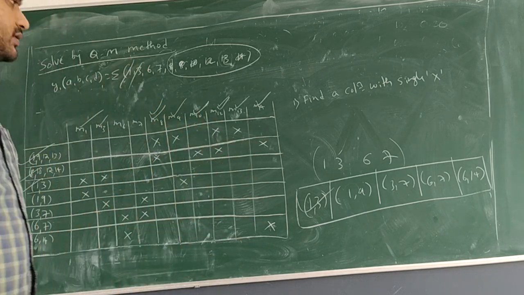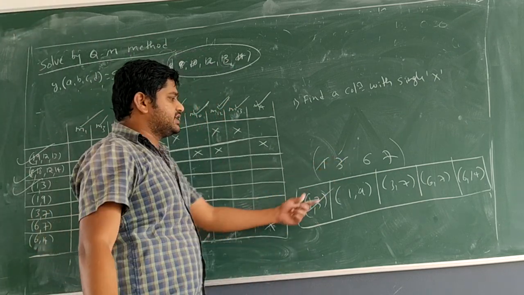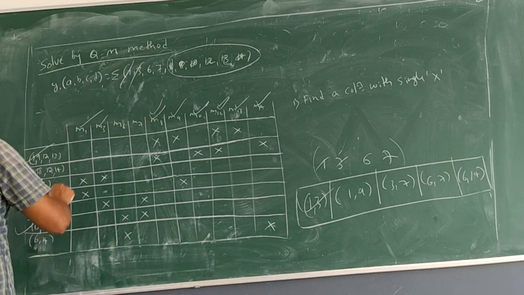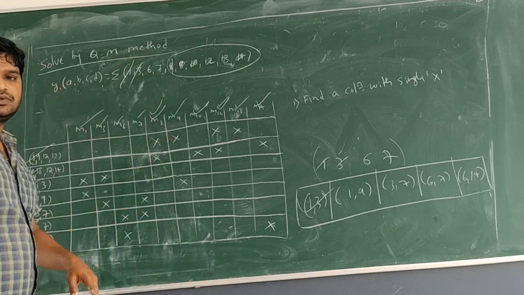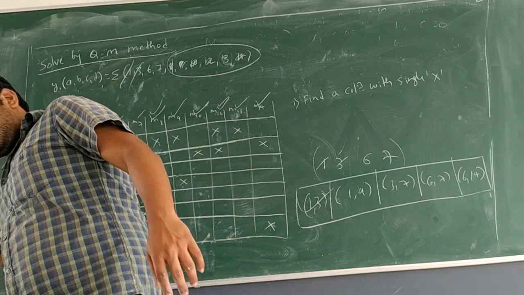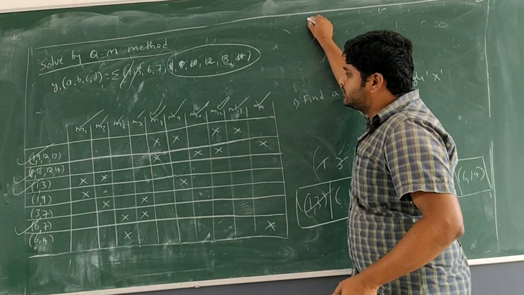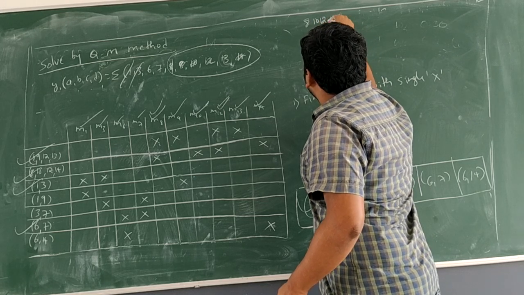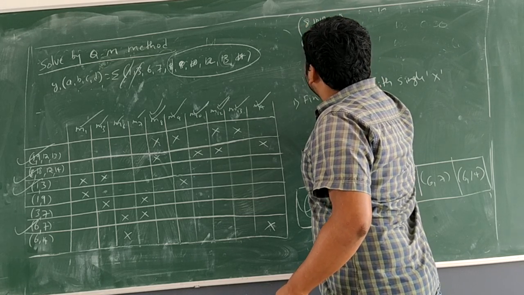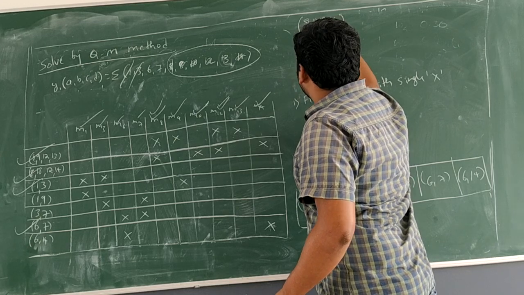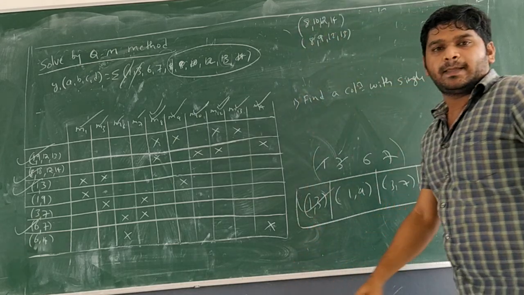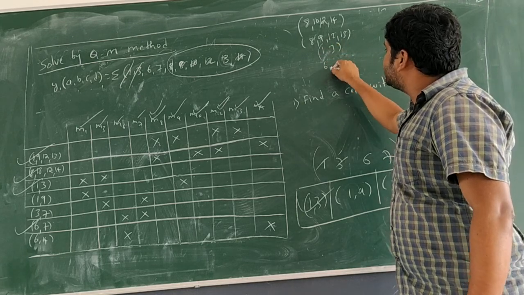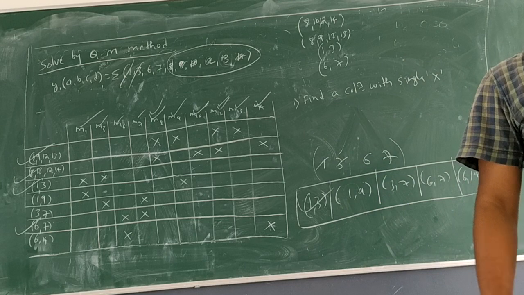So what else do I need? I have got 1 3, 6 7. Do I have 6 7 together? Yes. So I will take 6 and 7. Totally, how many bags have I collected? First bag: 8, 10, 12, 14. This is one bag. The second bag I have chosen is 8, 9, 12, 13. The next bag I have chosen is 1, 3. And the last bag is 6, 7.